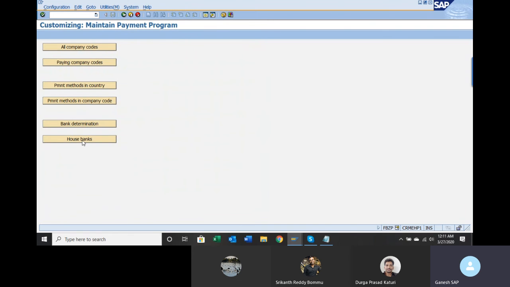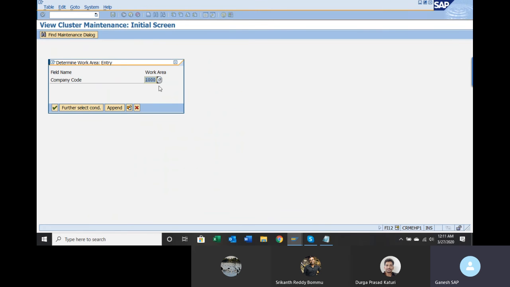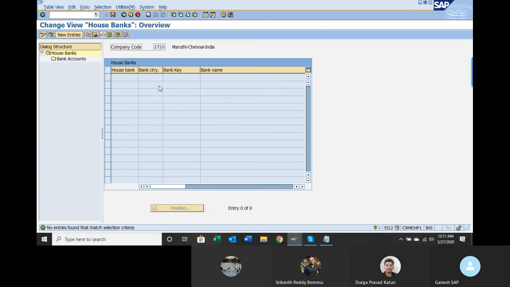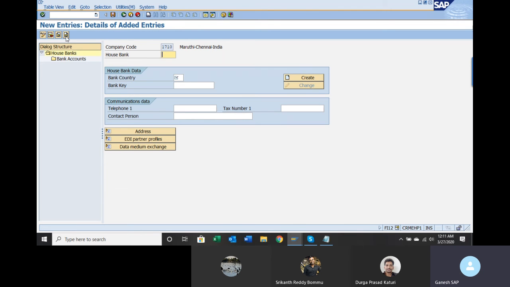Before you do this step, you have to have house banks. So go to house banks. This is your company code 1710. Click on new entries. House bank. Let us say Axis I wanted to go. Axis bank entry.